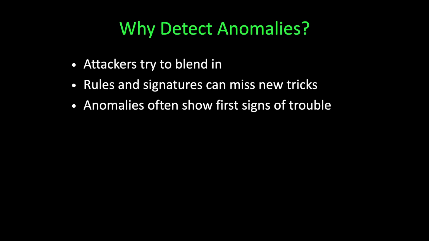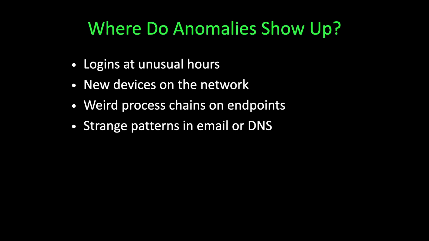On a network, the same thing happens. Attackers send traffic that mostly looks normal, but maybe the timing is unusual, or the data volume is unusual, or maybe the destination is unusual. Traditional rule-based systems can miss those types of tricks. Rules and signatures only catch things that we already know about. Anomaly detection is powerful because it doesn't rely on yesterday's rules. It surfaces unusual patterns right now, even if they've never been seen before. That means we can spot attacks faster before the damage spreads, and in a world where threats change daily, that's a big advantage.